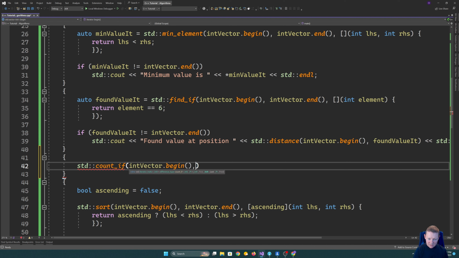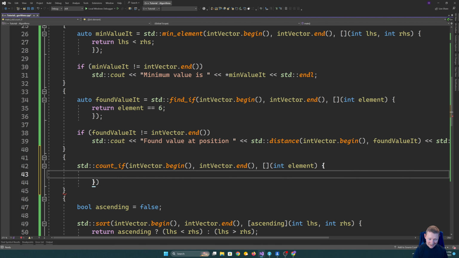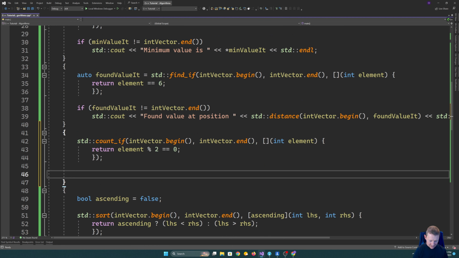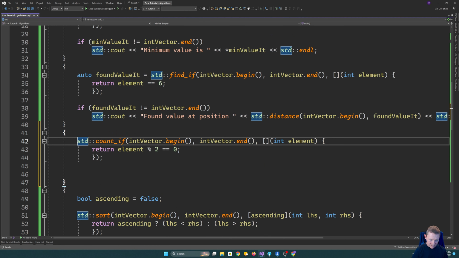So our begin, our end, and then we provide it again with our predicate. So in this case, I might want to count the number of things that are even. So % 2 == 0. And this is going to give us back